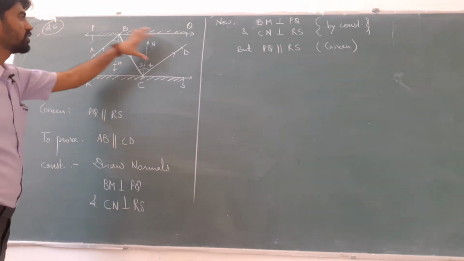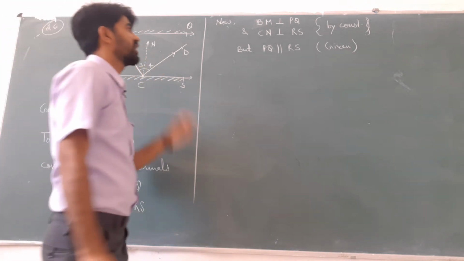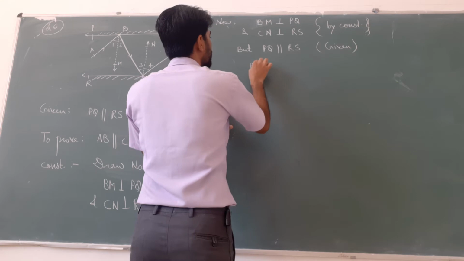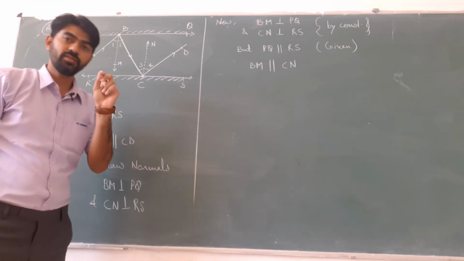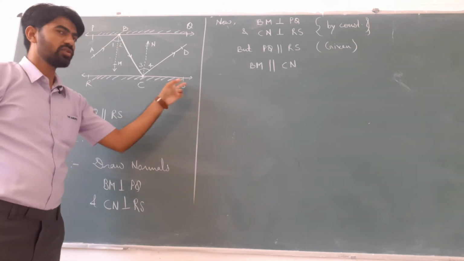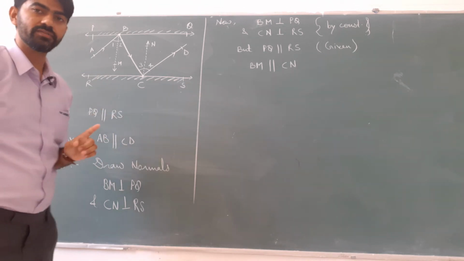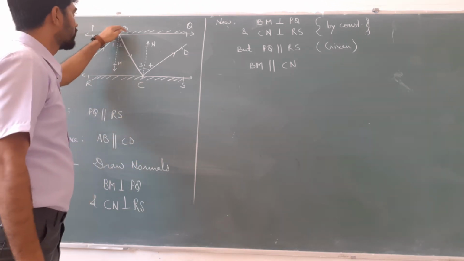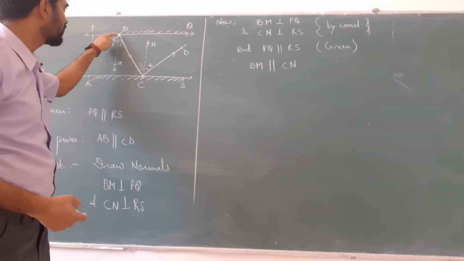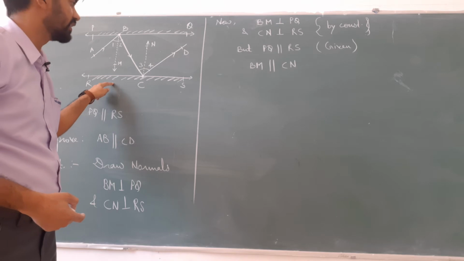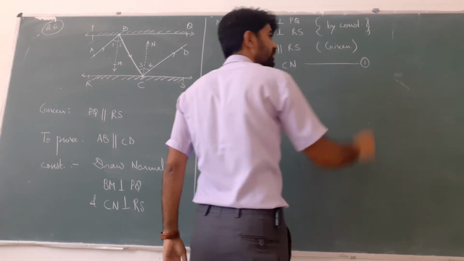Therefore, now these two lines are parallel. This is perpendicular on this and this is perpendicular on this. Therefore, these two will also be parallel. Therefore, BM is parallel to CN. Okay. All the perpendiculars drawn to a line are parallel to each other. One thing. Second thing is that the perpendicular which is drawn to one line, it is also perpendicular on the line parallel to that line. Okay, if we have drawn a perpendicular here, this will also be perpendicular to this line. So these two perpendiculars will be parallel. Give it equation 1.